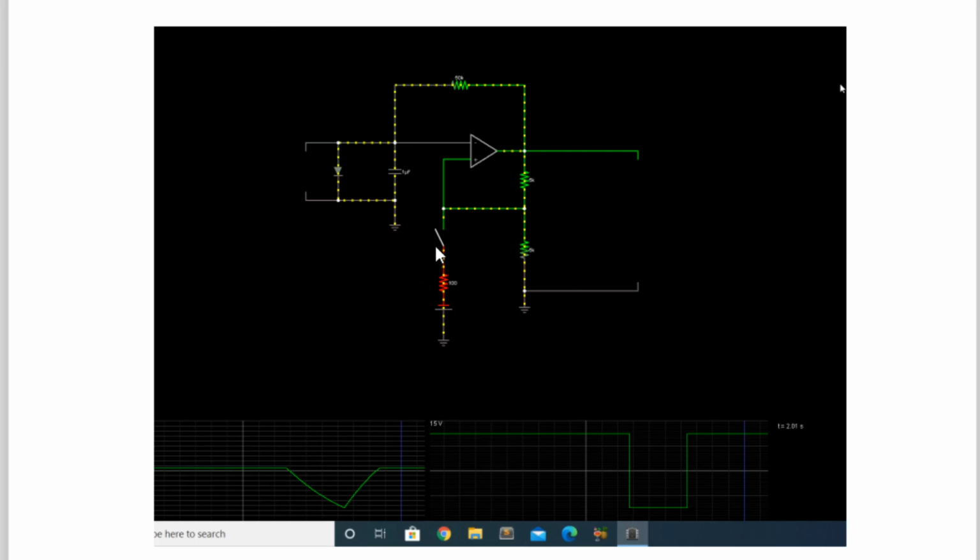The moment as soon as I apply the trigger, what happens here? See, output changes its state, goes from HVL to LVL, but does not remain there for a long time. It comes back to the original state, that is called T return. And here, this is the T return. See, the moment as soon as I apply the trigger, output changes from HVL to LVL and capacitor starts charging in reverse direction. See here, this. So the moment as soon as capacitor goes to -6.01 volt, the state will come back here.